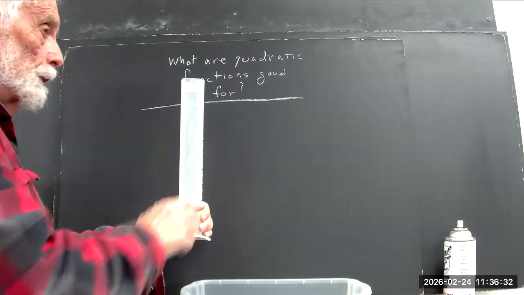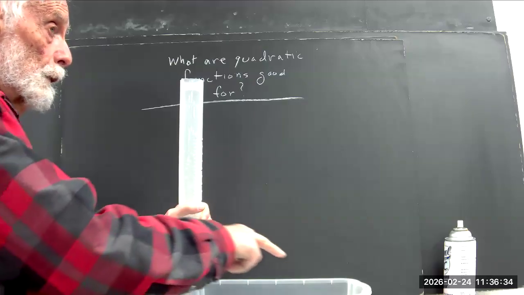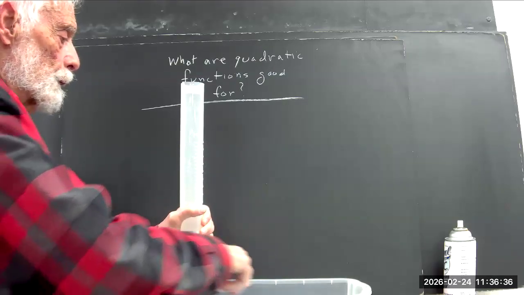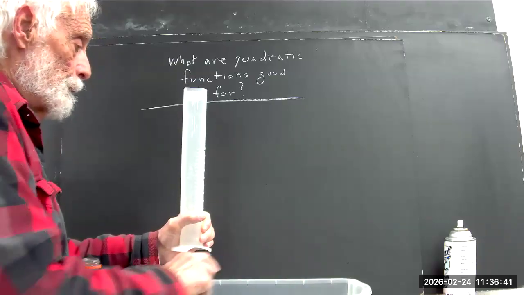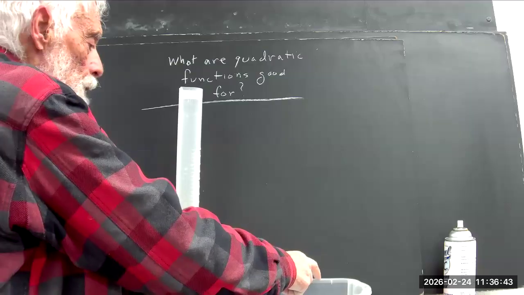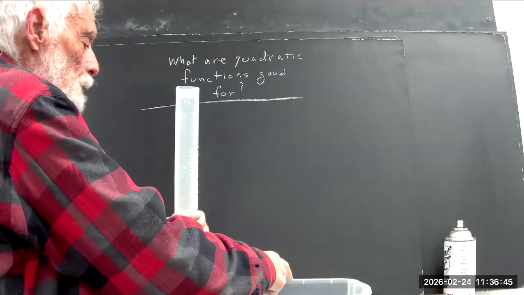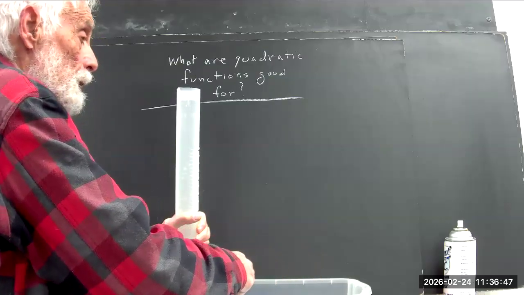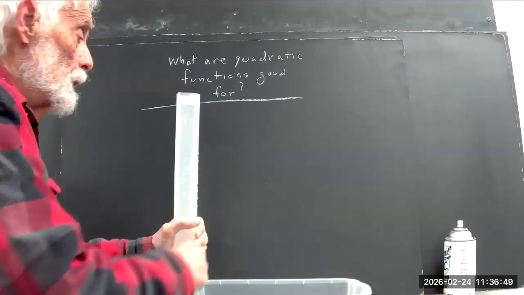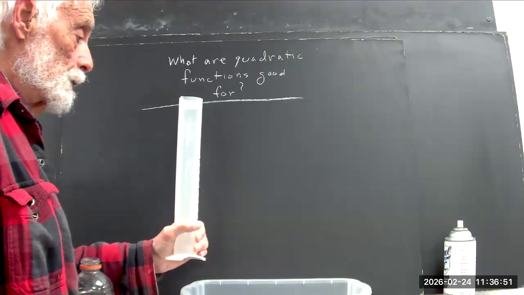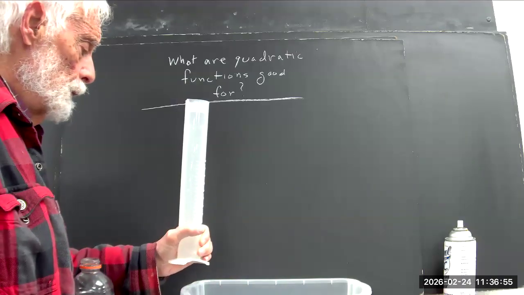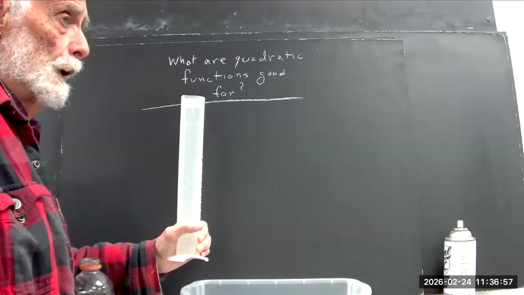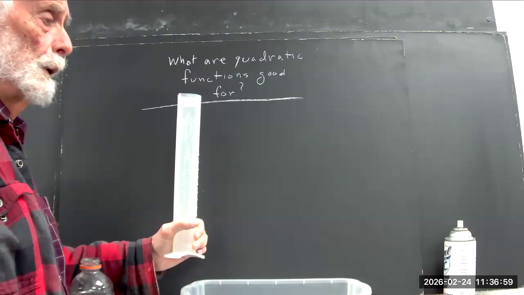and then release it. And the stream is going to go out here, and it's going to cross the top of this container. And if you watch where it crosses, it's going to move backwards at a constant speed. The point where it crosses will move backwards at a constant speed. That's a linear function, and we use that as a basis for understanding some graphs of linear functions, best fit